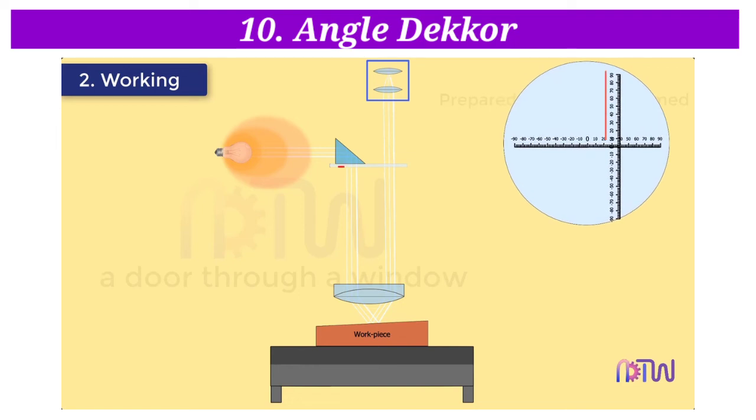While doing so, the image of the illuminated scale would have undergone a rotation of 90 degrees with respect to the optical axis. In the field of view of the microscope, there is another datum scale fixed across the center of the screen, and the reflected image of the illuminated scale is received at right angles to this fixed scale, and the two scales in this position intersect each other. The intersection of the illuminated scale with the datum scale gives the measure of angular deviations of the workpiece surface. Thus, the angular deviations up to 1 minute can directly be read without the use of a micrometer.